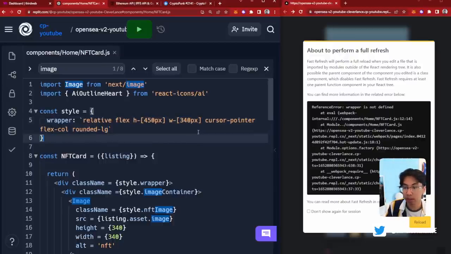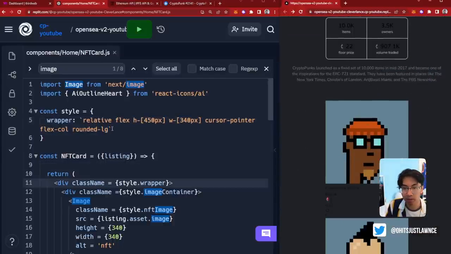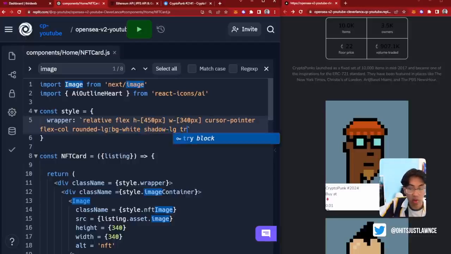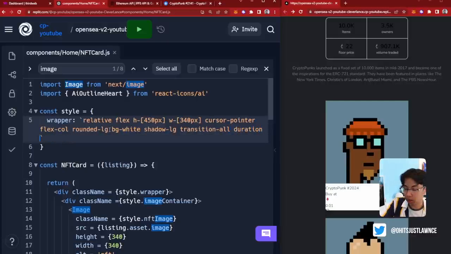Oh, wrapper is saying wrapper is not defined. Okay, so wrapper is defined. It's just strange. All right, rounded LG, and we could do background white. Okay, shadow LG. There we go. Starting to see it now. Transition all duration-300 hover shadow 2XL,